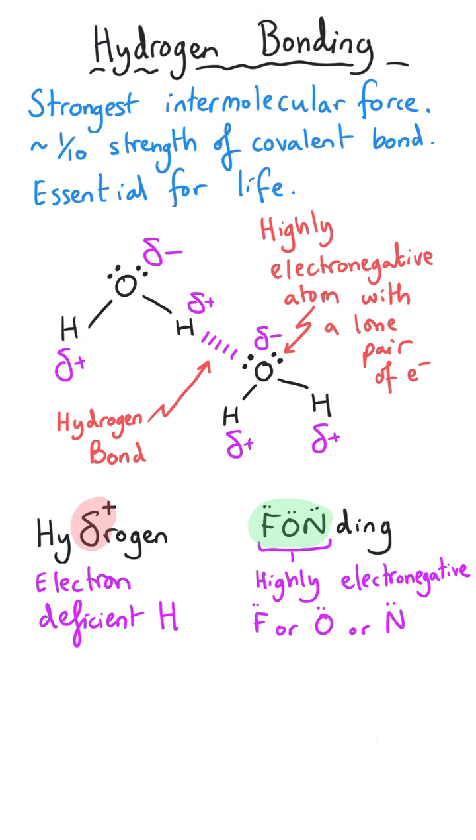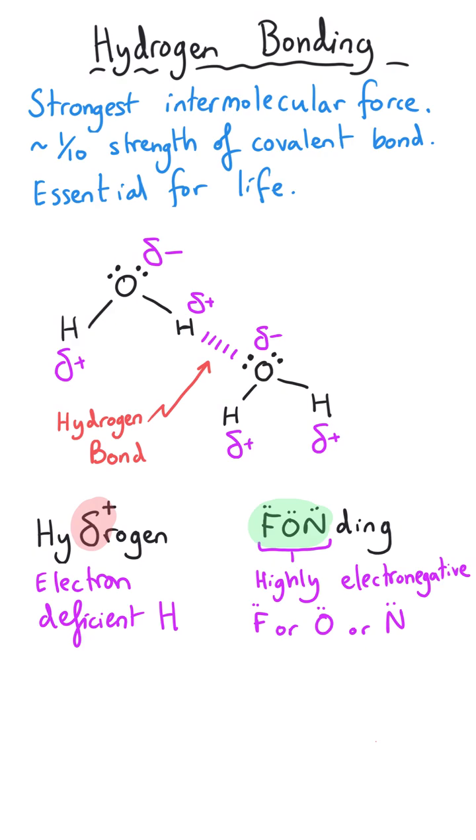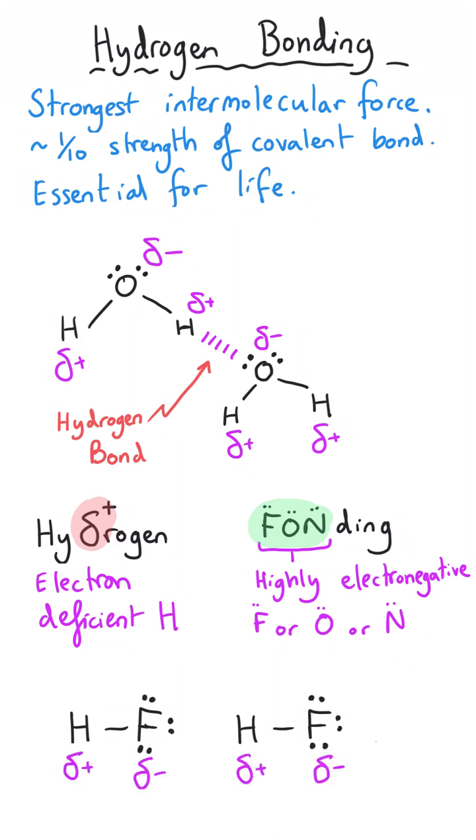You could be asked to draw the hydrogen bond between two molecules. They might be the same molecule or they might be two different types of molecule. You could be asked how this hydrogen bond can come about. And when you do that, it's really important to label all the partial charges and the lone pairs, not just the one that is involved in the hydrogen bond